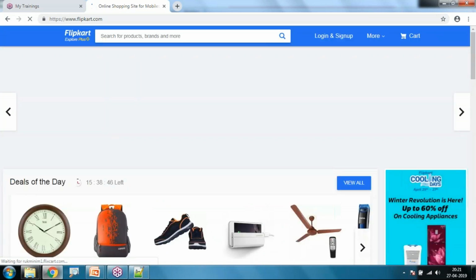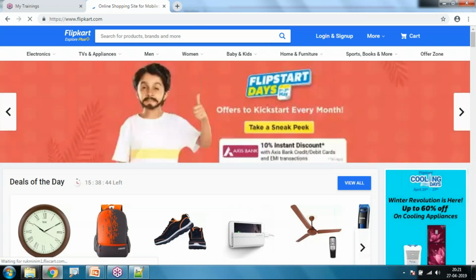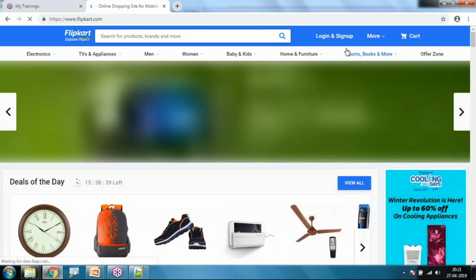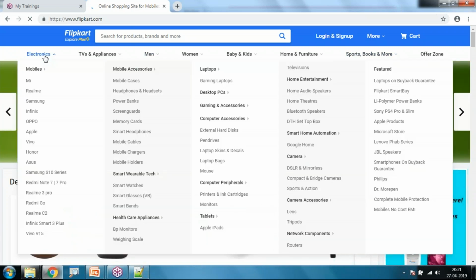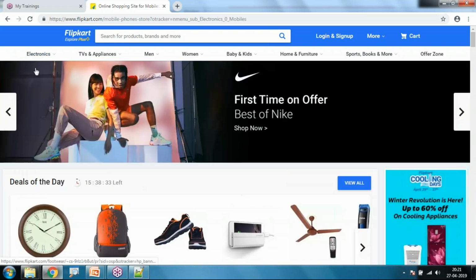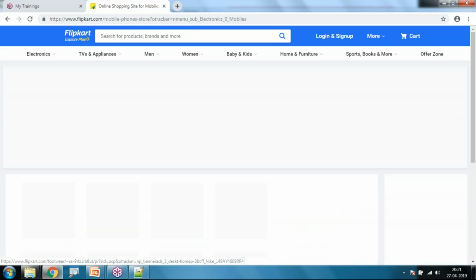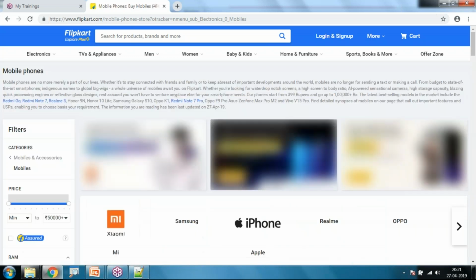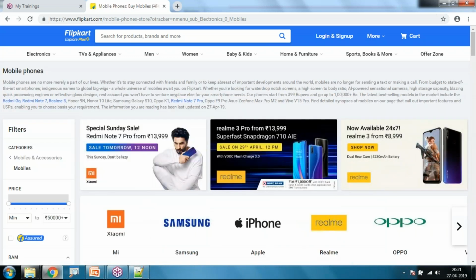Right, in this Flipkart website, I'll be going to the mobile section. The page is getting downloaded for the mobile section. Right. So in this mobile section,